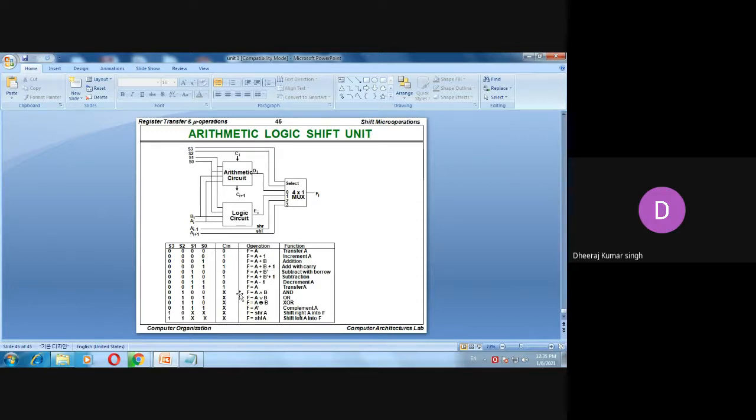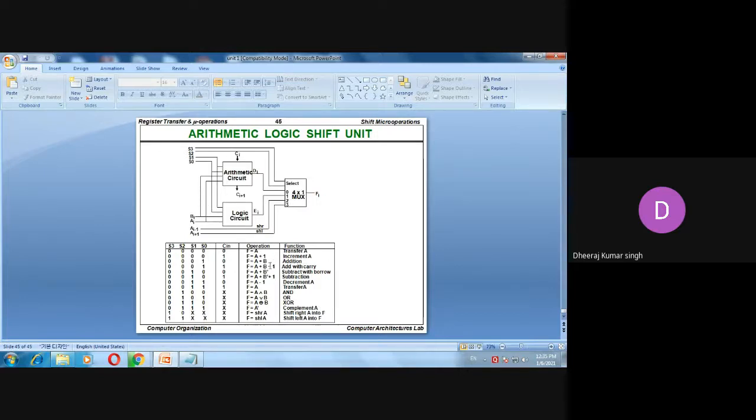Finally, all the calculations are always going to occur within the CPU, within the ALU, the arithmetic logic unit. That is the heart of the computer. All the mathematical calculations occur in the ALU circuits. This is a rough diagram of the arithmetic circuit as well as the logic circuit, and combined it is known as the arithmetic logic unit, the ALU circuit. The arithmetic circuit and logic circuit combined with multiplexers make the arithmetic logic unit.